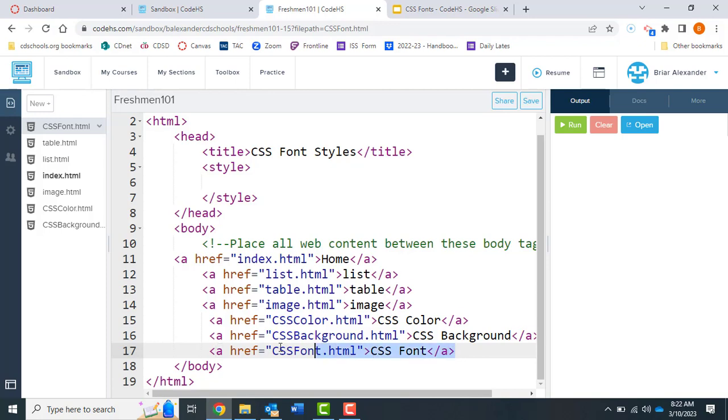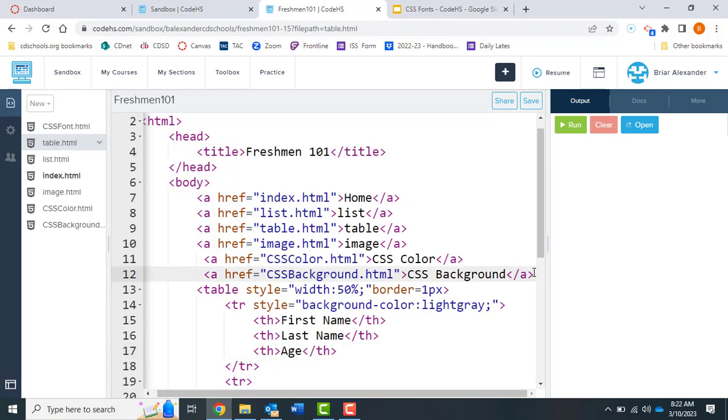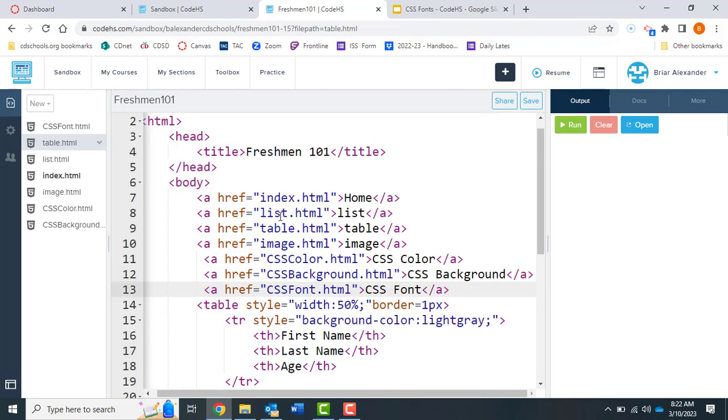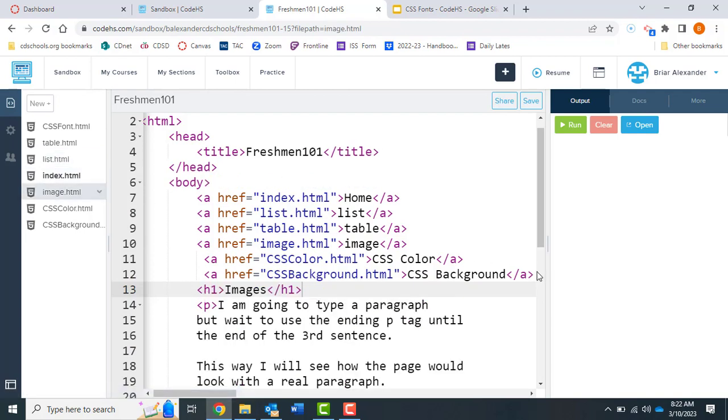Right? I need to take just my CSS font link, copy it, and put it on all the remaining web pages because they have the previously created links, so I just need to add the new one to these pre-existing pages. So there's my table. I already did it to list. I'll go into image,